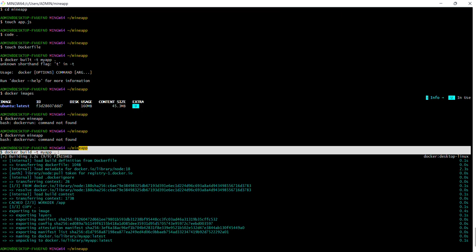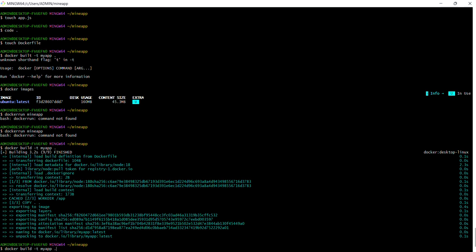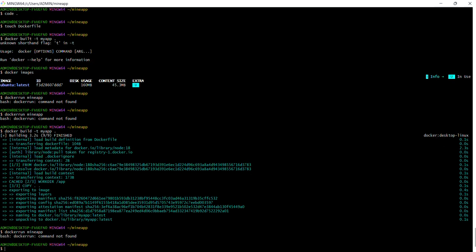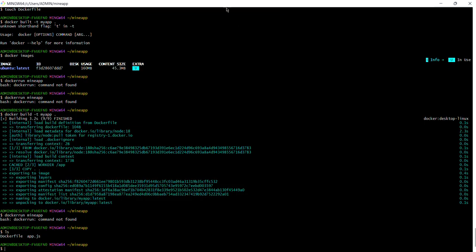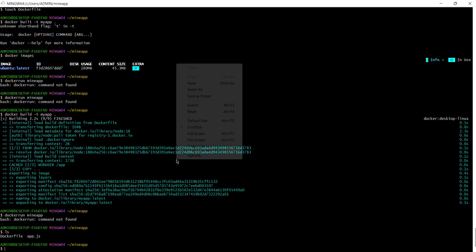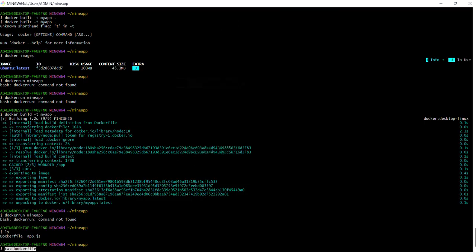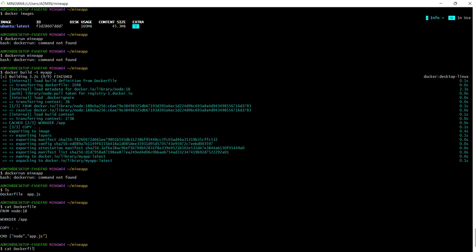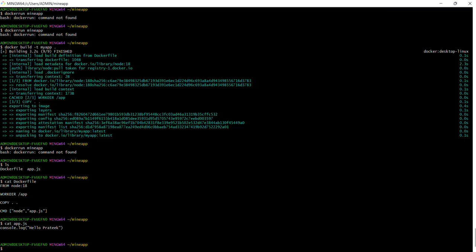So why are we doing this? We are going to build. For building, we are going to run this thing. Now still it is going to give me a problem. Let's check. Docker file is there, app.js is also there. Using the cat command, we will do cat app.js.